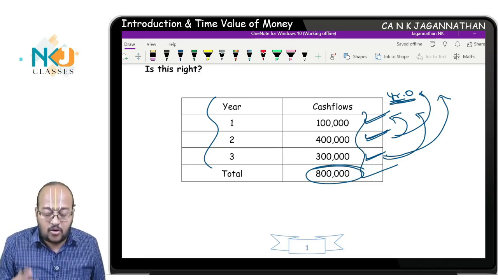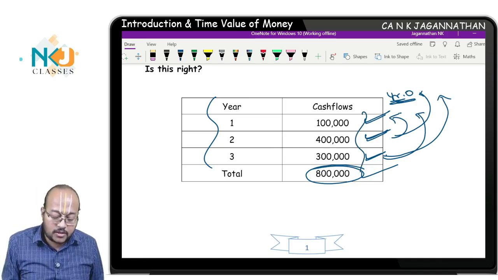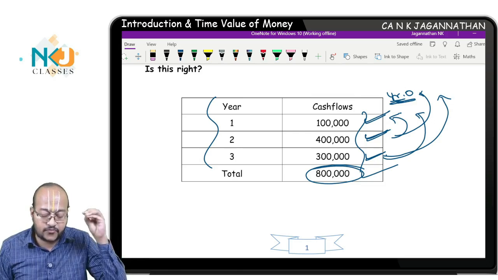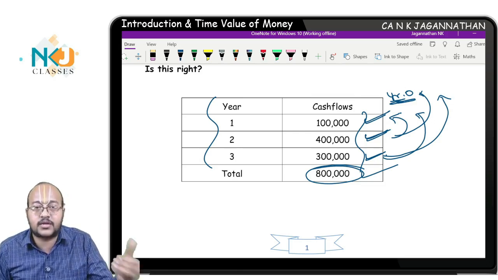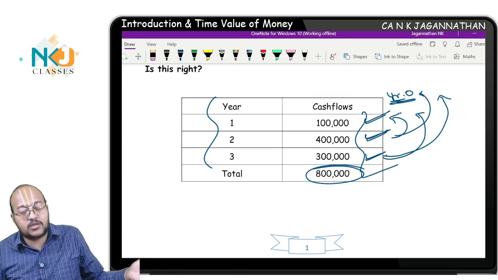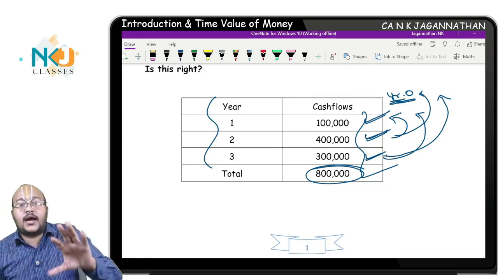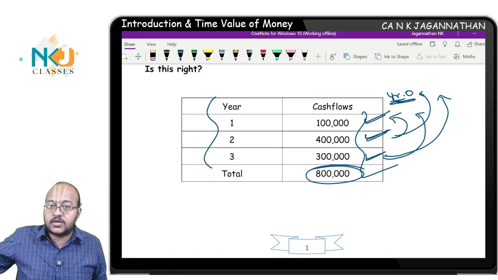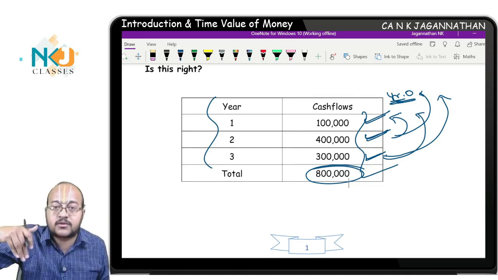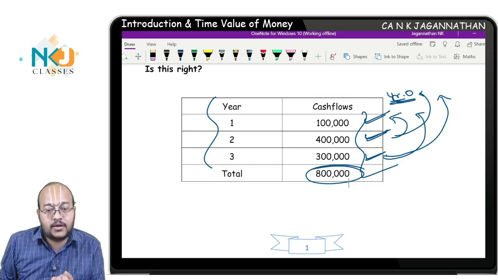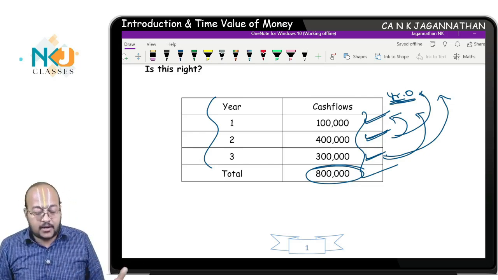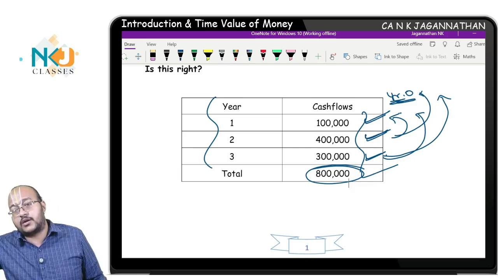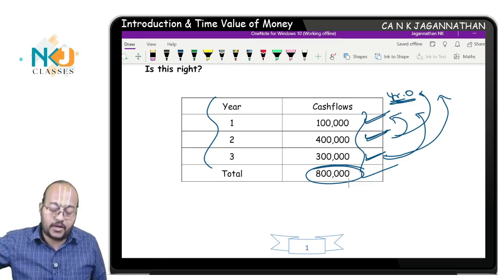Either that you can do, or you can take all these cash flows to a future date, which means end of the year 1 you are receiving 1 lakh rupees, end of year 2 you are receiving 4 lakh rupees, and end of year 3 you are receiving 3 lakh. At the end of the third year, you take the first year and second year cash flows to third year, and you will get a future value. So see, very simple. When you bring the future years' cash flows to year 0 terms, today's terms or present value terms, it is called discounting. And if you take today's cash flows or year 1 to 3's cash flows to third year terms, it is called compounding. Very simple, yeah.